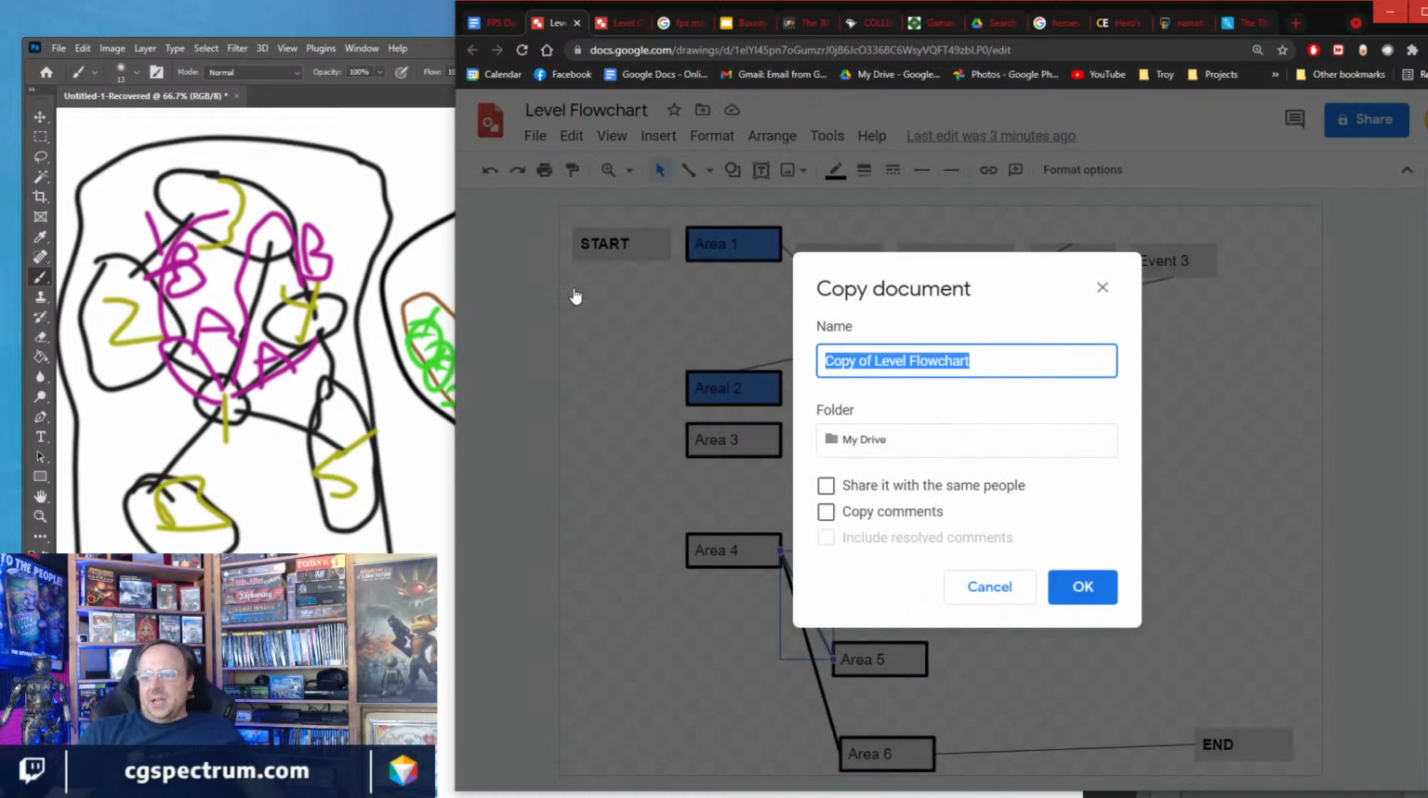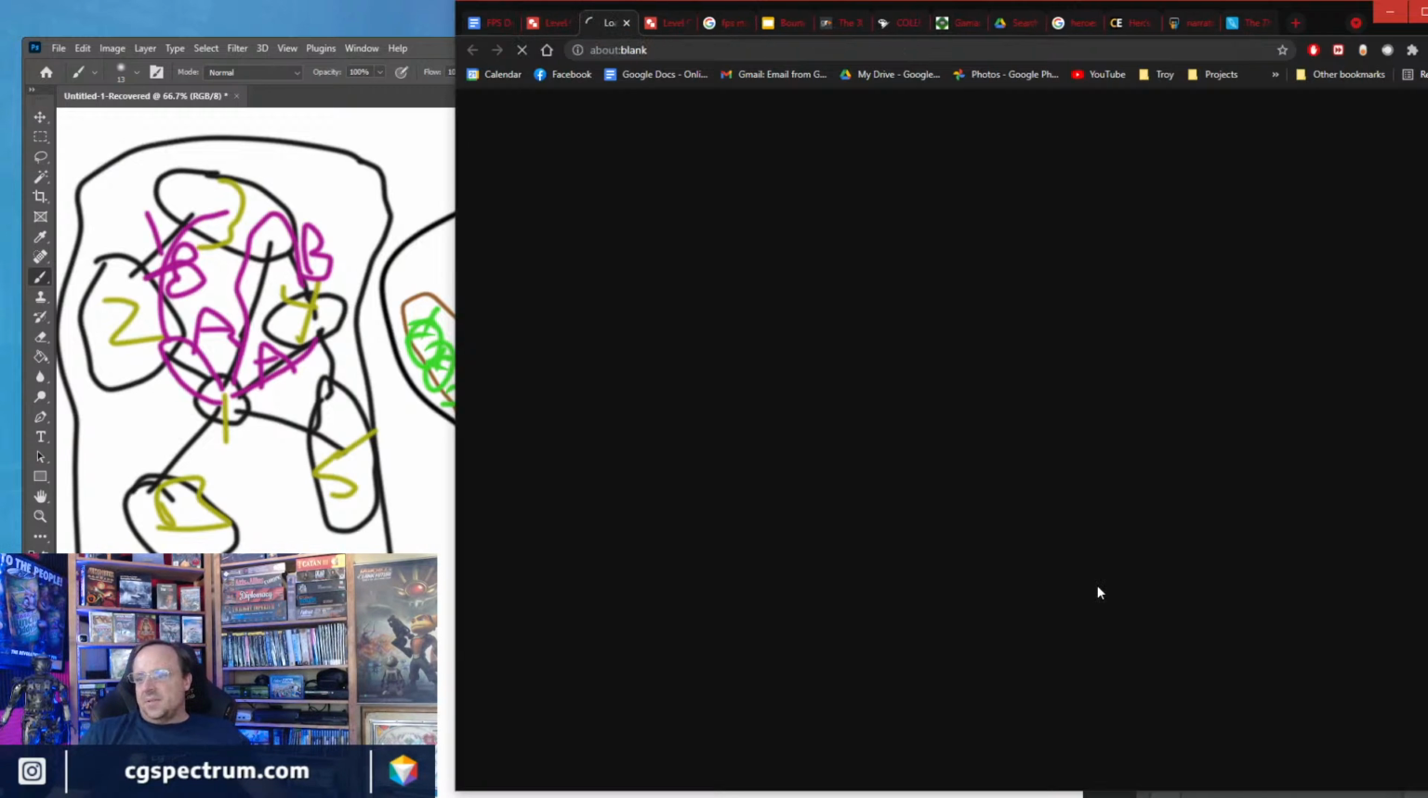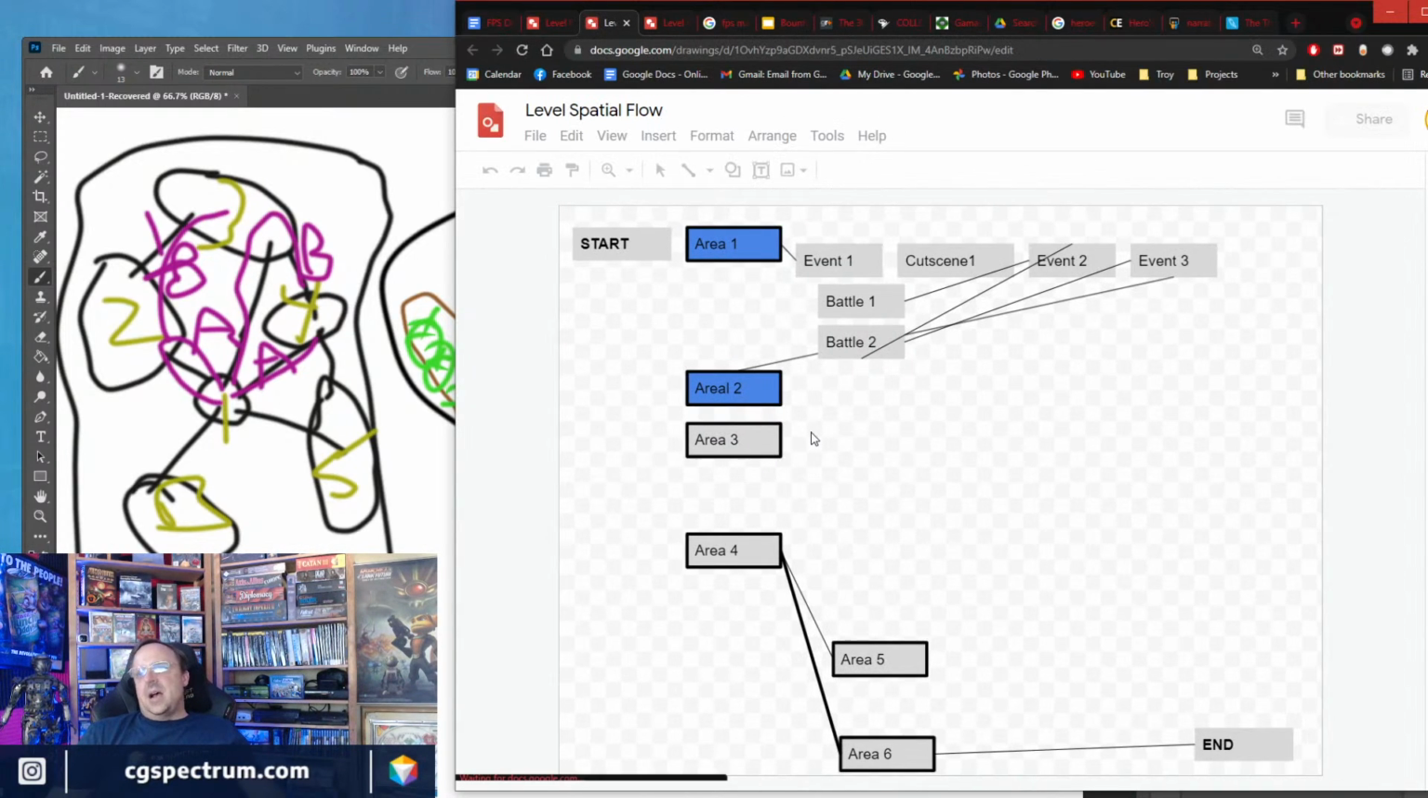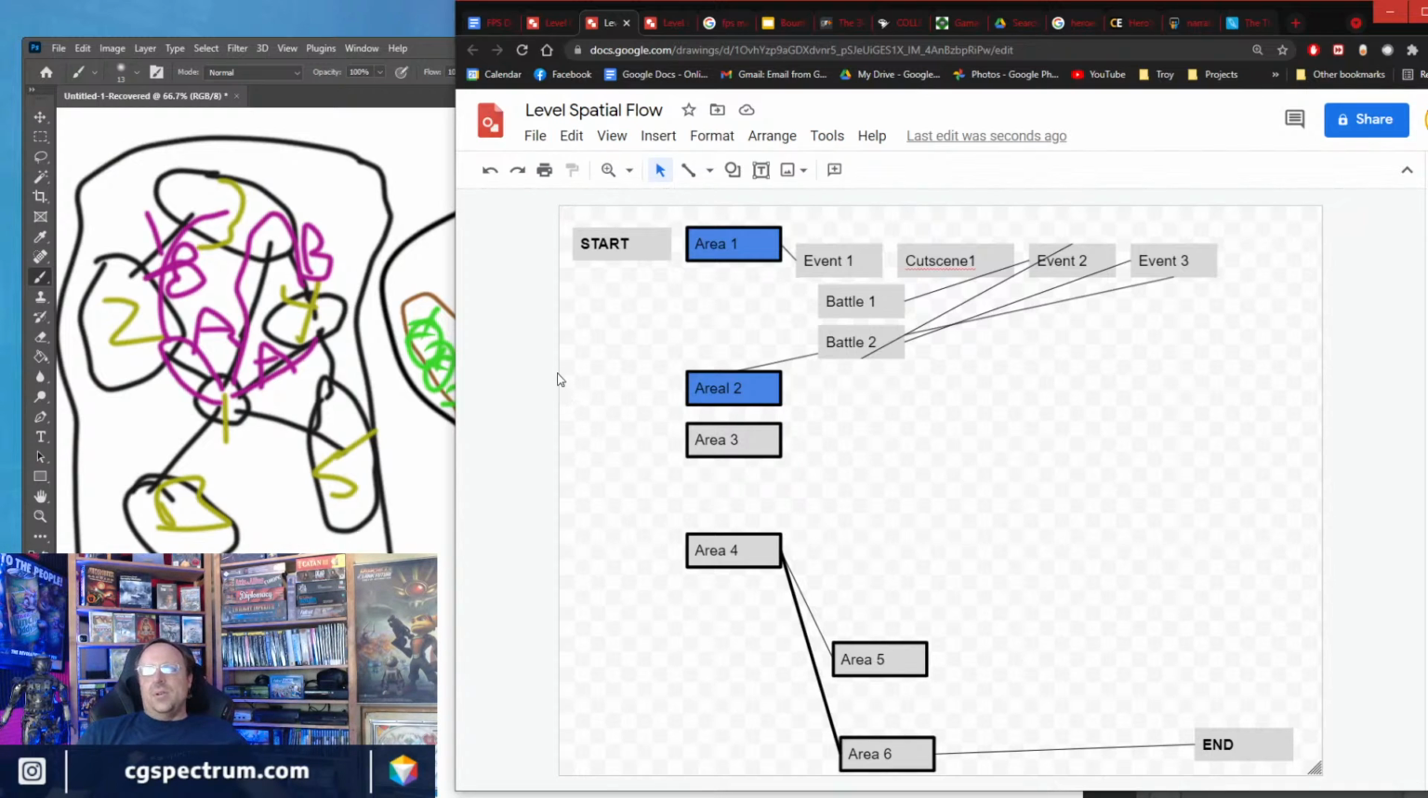So what I'm going to do real quick is make a copy of this now. So instead of a flow chart, now I'm going to call this a level spatial flow. So how do these differ, right? I'm basically taking the exact same thing, right? Now, think about this black box. So my drawing canvas right now, and I could come in here and redraw this a little bit or whatever it is,